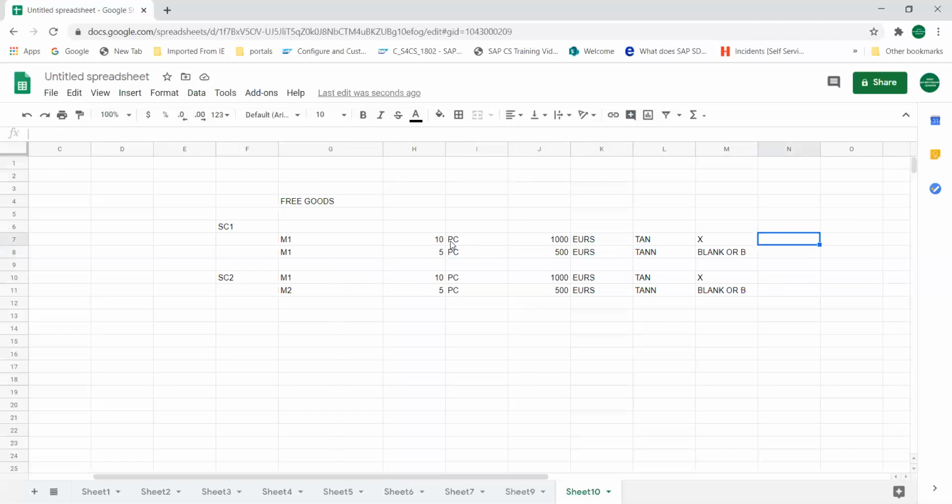That means in either case, your net value will be 1,000 euros, and the other 500 you are getting as free goods. Now let's check the basic difference between TAN and TANN in the SAP system.